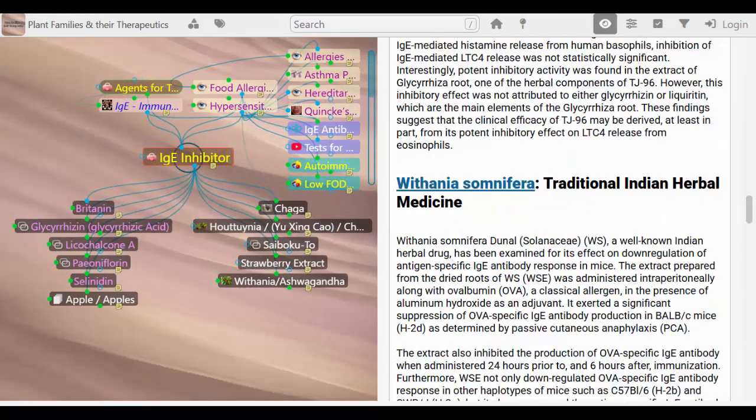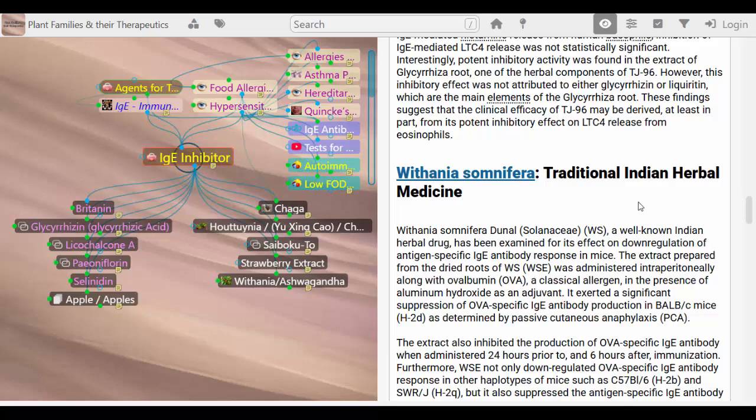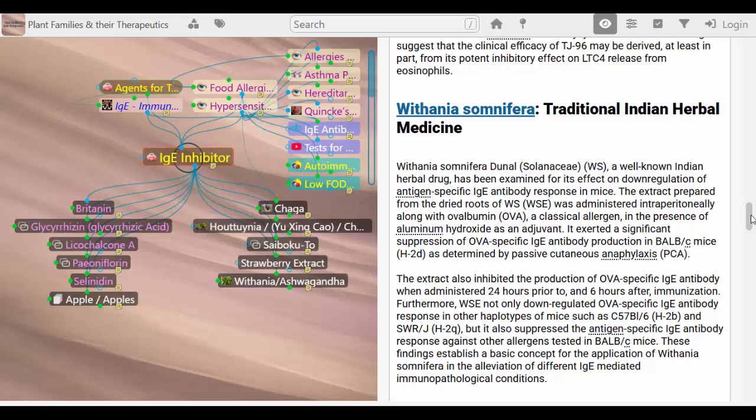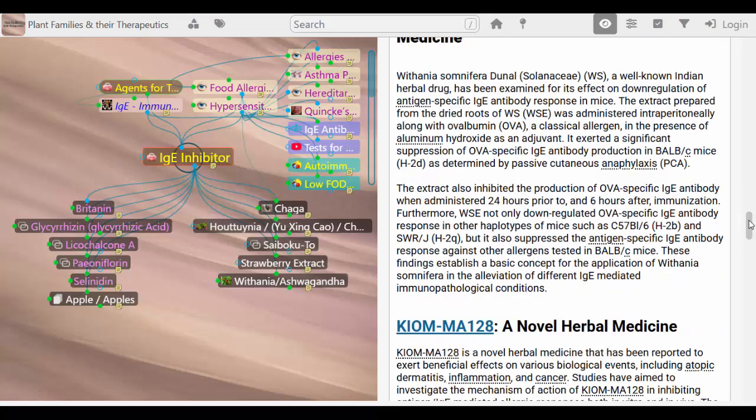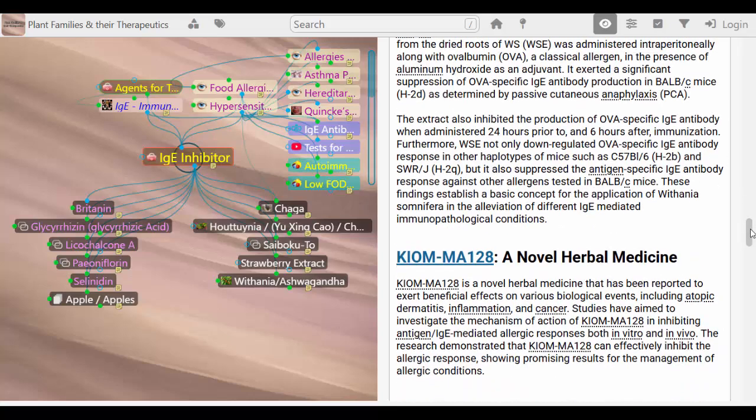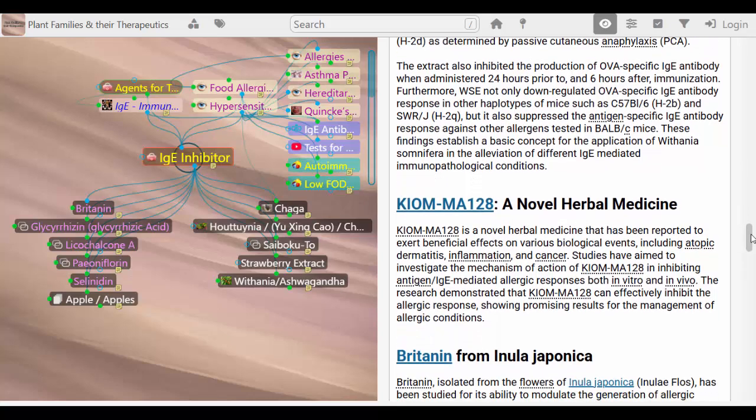another one is ashwagandha. Ashwagandha downregulates antigen-specific immunoglobulin E antibody responses in mice. Does it do the same in people? When they look at how it works, there's an assumption that it could transfer over to people. Then we've got